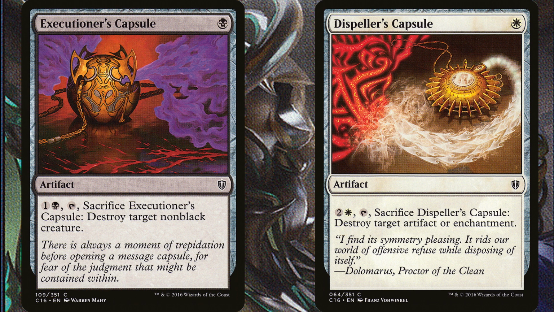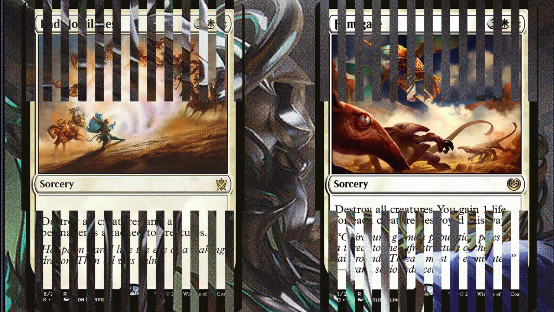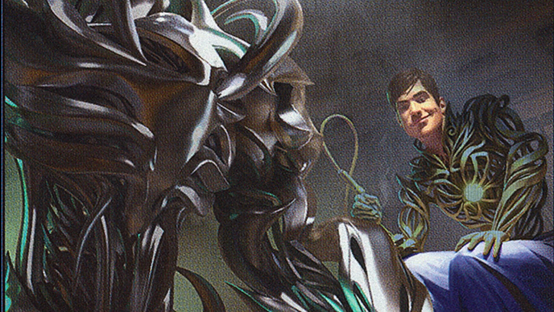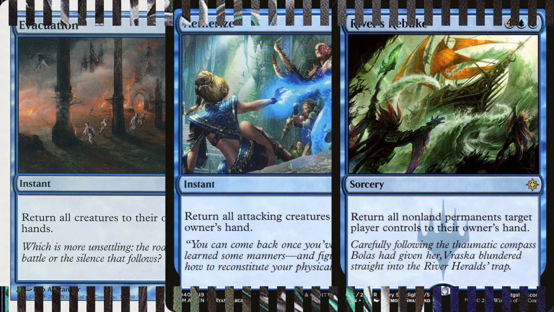I originally had a lot of the big white creature wraths like End Hostilities and Fumigate, things like that. I took those out of the deck because they actually hurt me just as much as they did everybody else. So I tweaked the removal a little bit to include your big blue mass bounce spells like Evacuation, Etherize, and